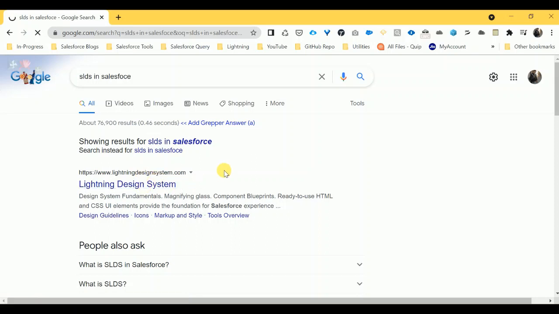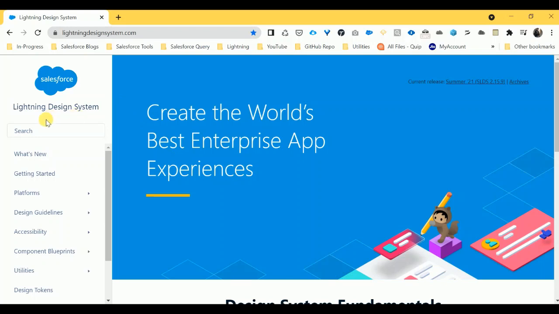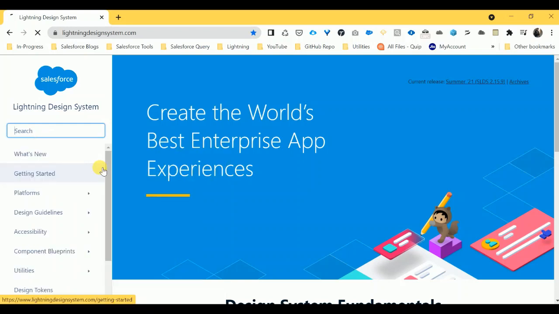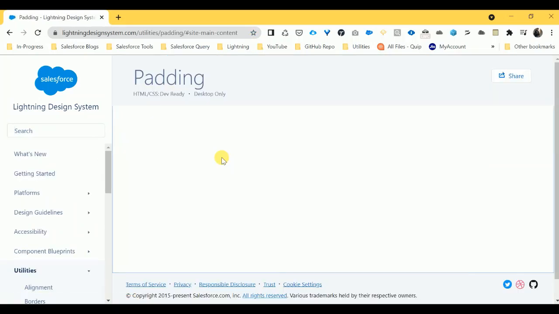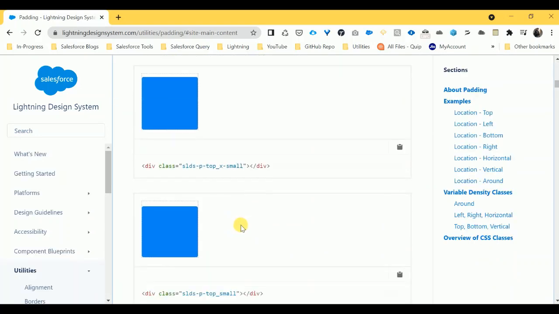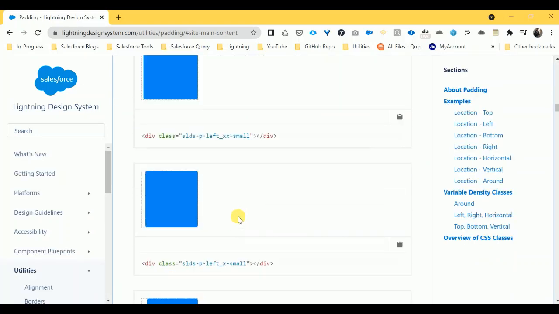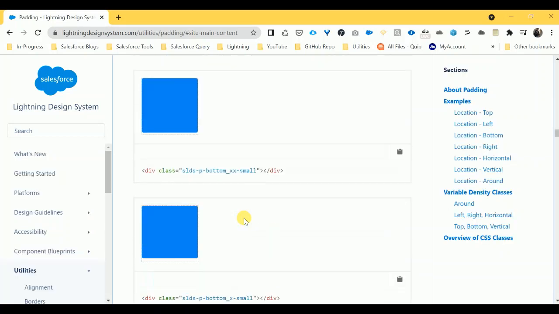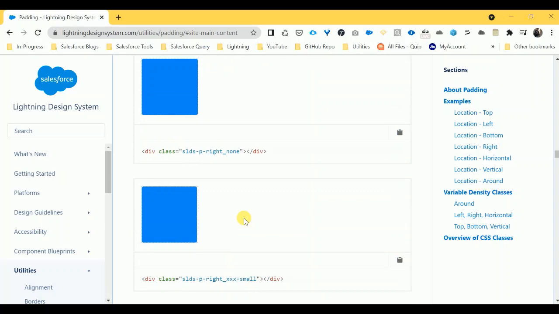Just click this. Once you click this, you have to search for padding. I need some padding, so that's why here you can see padding. Just click this, and once you click padding, you can see lots of things available here like around, left, right, top, bottom, something like that. I need the around class.